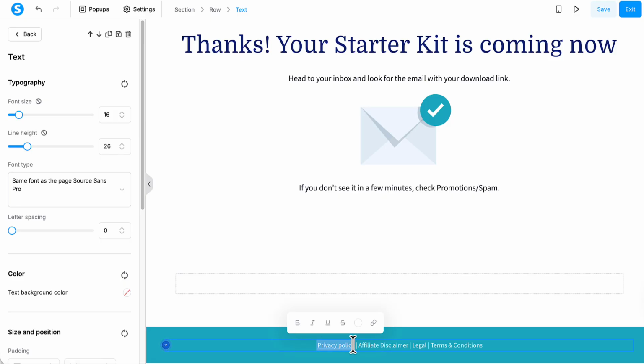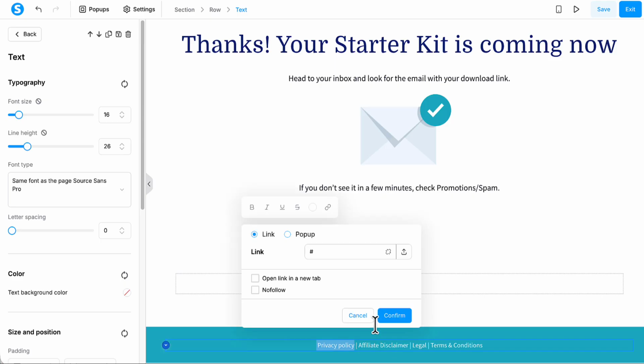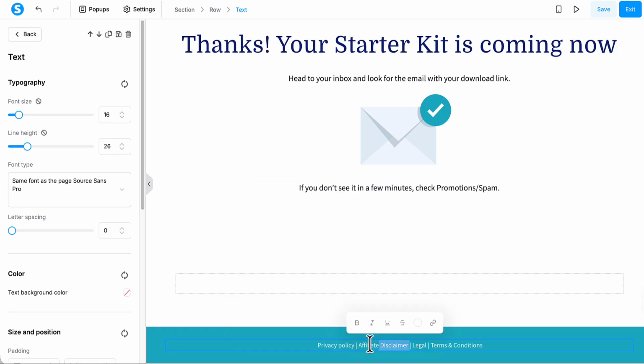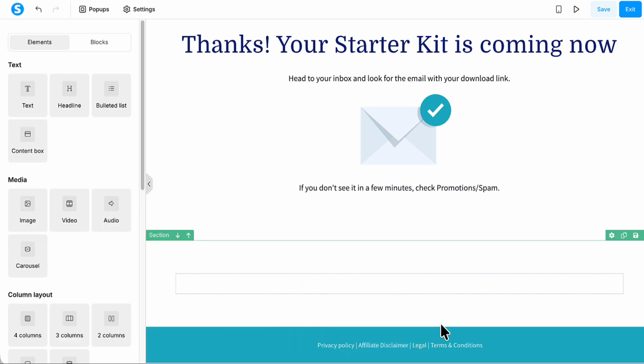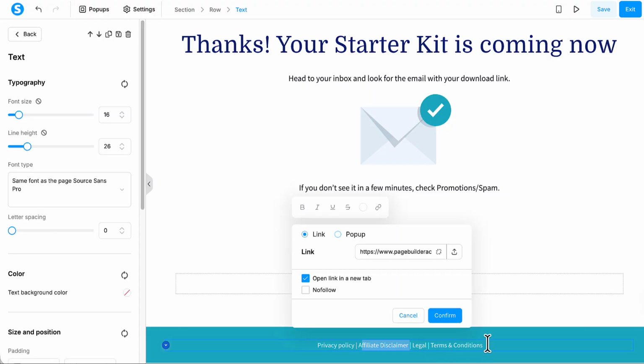So we need to highlight it, change the link, confirm that. Alright, so what we'll need to do now is edit this template and just remove the elements we don't want on the page,